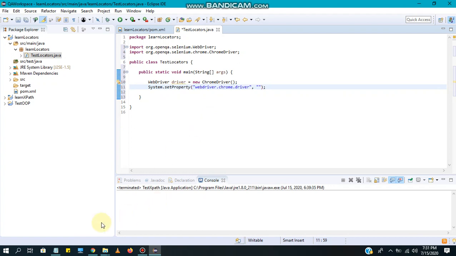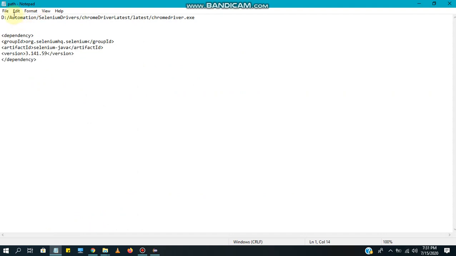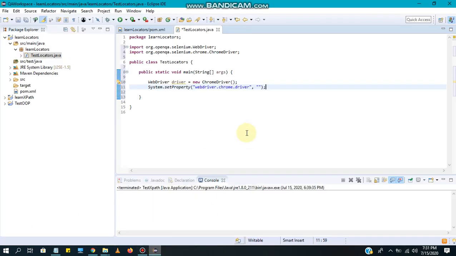I have the WebDriver path here. Let me copy that path and paste it here.